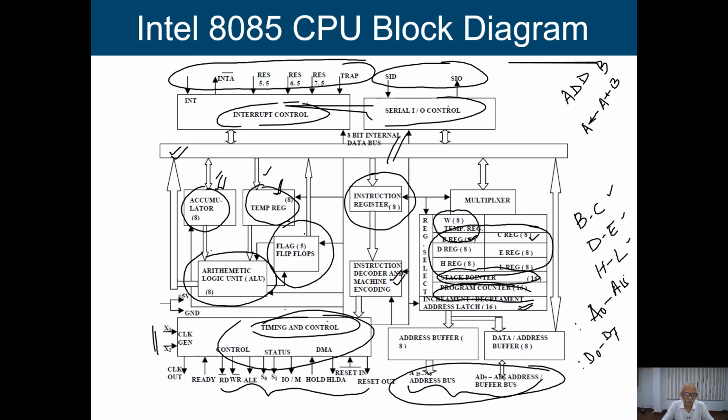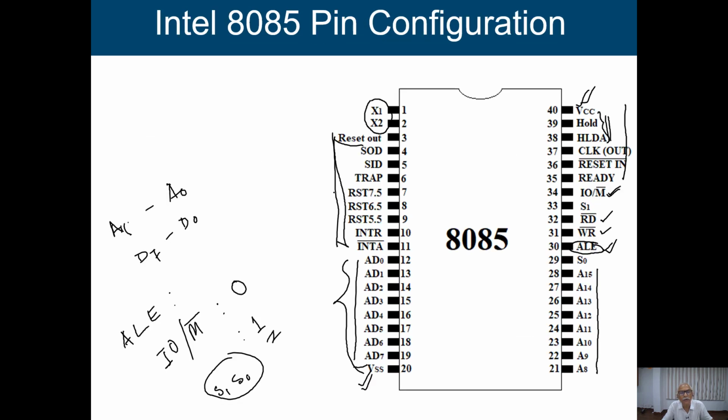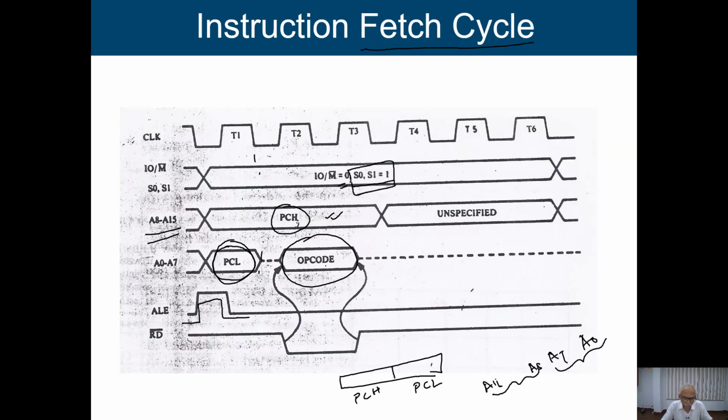This will be placed in this particular instruction register. Okay, so this is the way we can look into it. We bring this information, and since it is an instruction fetch, we are going to put this information in the instruction register, because these two signals S0 and S1 are going to give us the indication that this is an instruction fetch. Now we are fetching the instruction.